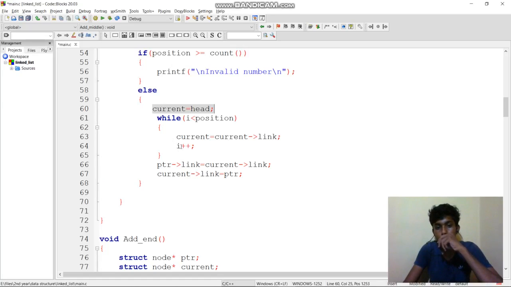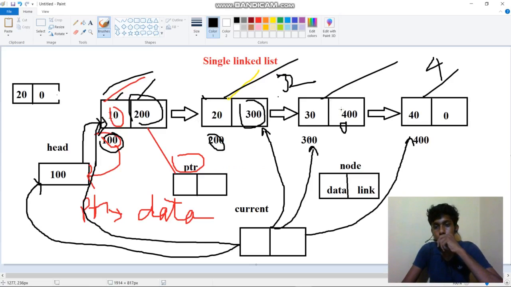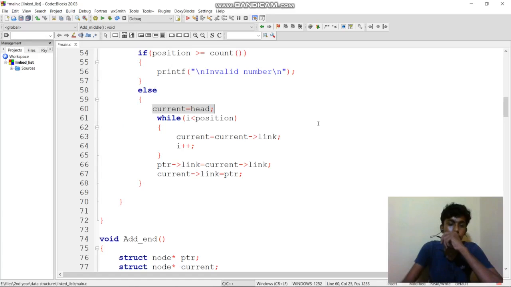And I plus plus, now 2 is less than position, position is 3, yes, so it points to the third. Now current is pointing to this third node. Now I increments, so 3 is less than 3, no, the while statement will get out.